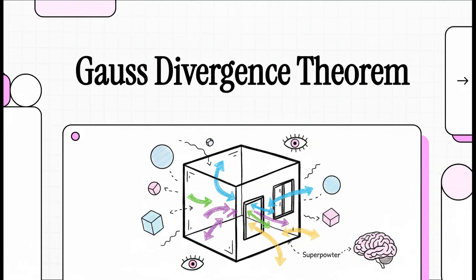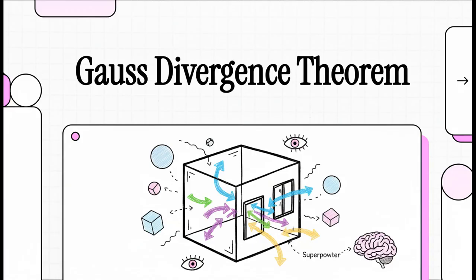Hey everyone, imagine you could know exactly what's going on inside a locked room just by monitoring its doors and windows. I mean, that sounds like a superpower, right? Well, in the world of physics and math, it kind of is, and it's called the Gauss Divergence Theorem. Today, we're going to dive into this really beautiful idea that connects what's happening inside a volume to what's going